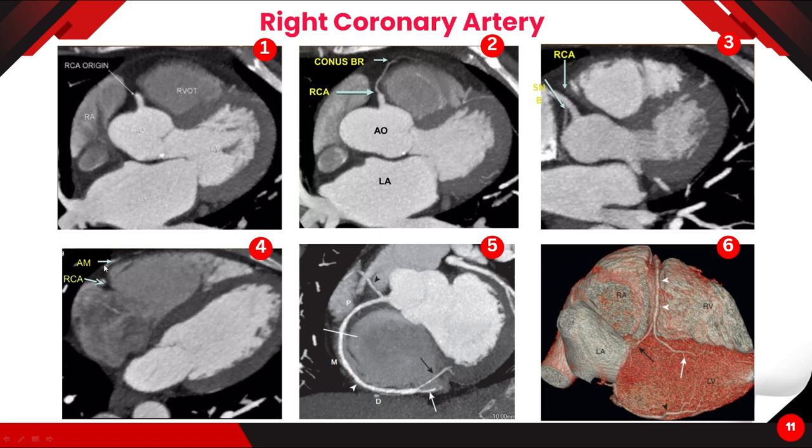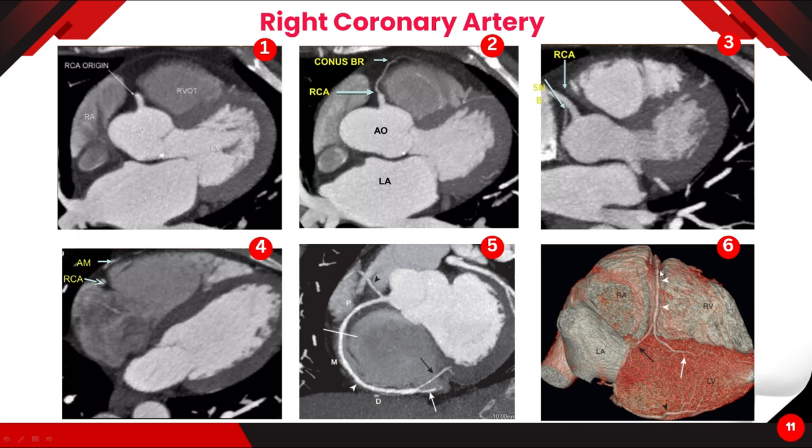and it traverses further between the right atrioventricular groove and gives a branch with an acute angle called acute marginal branch, which supplies the free margin of the right ventricle, and it further traverses in the right atrioventricular groove and reaches the base of the heart, and which ramifying into 2 large terminal branches. This is the posterior descending artery, which further traverses in the biventricular groove, and this is the posterolateral branch which supplies the inferior aspect of the heart,